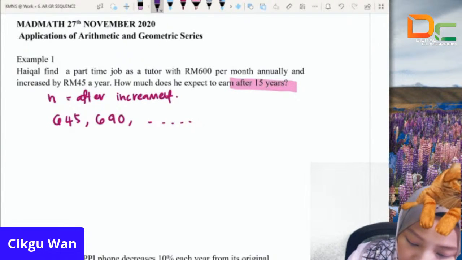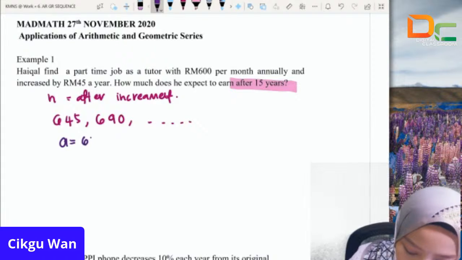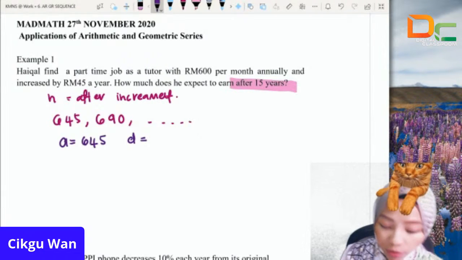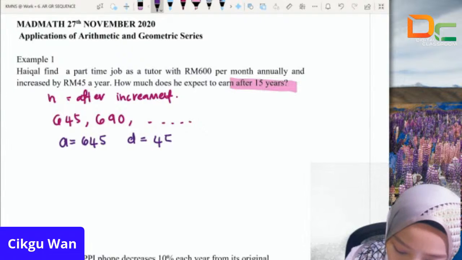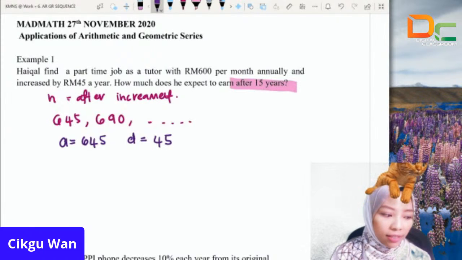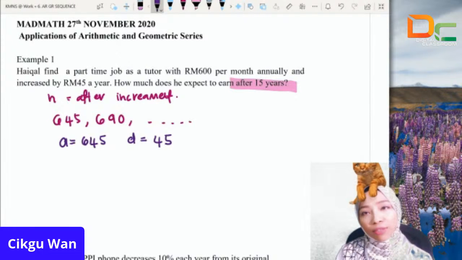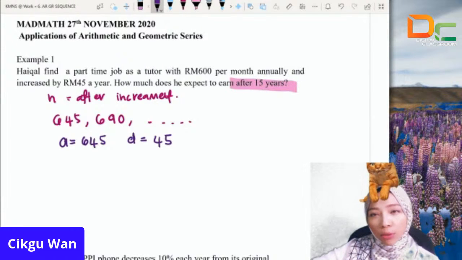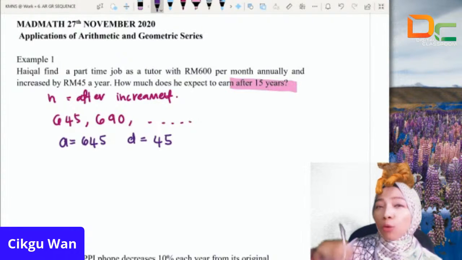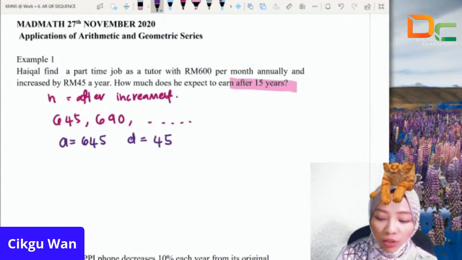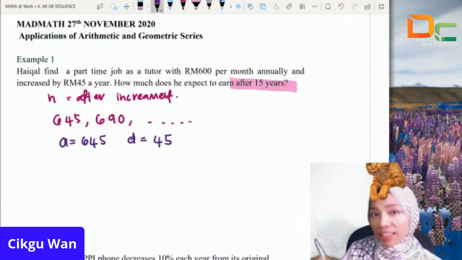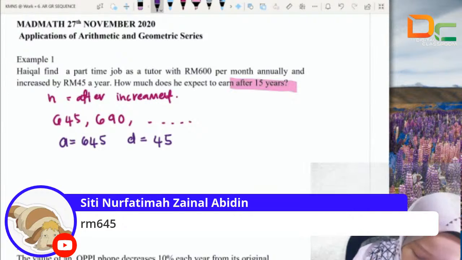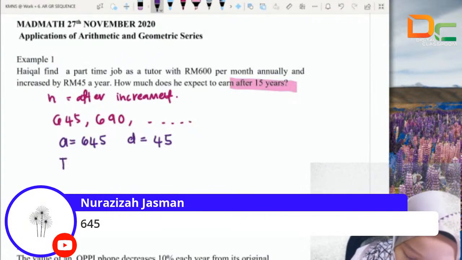Okay, our A is 645 and then our D is 45 positive. So after 15 years, meaning T15 or S15? Dia nak total gaji dia daripada tahun pertama sampai tahun ke-15 ataupun pada tahun ke-15. So, the question one, after 15 years, so T15. So, T15 equals to,